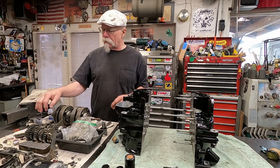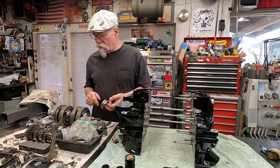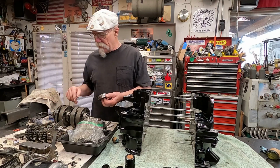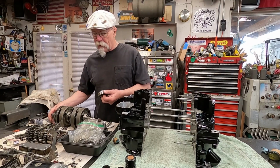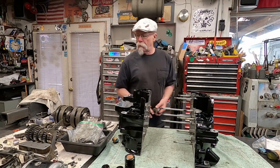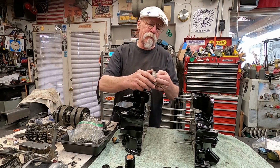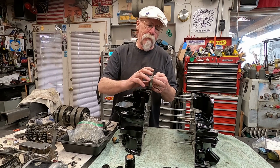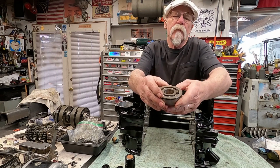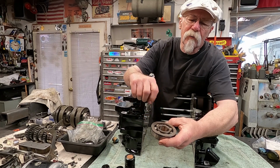I cleaned and lubed all these parts. I put on a few new bearings, replaced, let's see, this is a tail shaft bearing for the transmission, replaced the main bearing on the crankshaft. One of the reasons why I replaced that bearing is that when you spin it, I could feel lumpage or it grabbing or rust. Now, you can see that this surface had some rust,